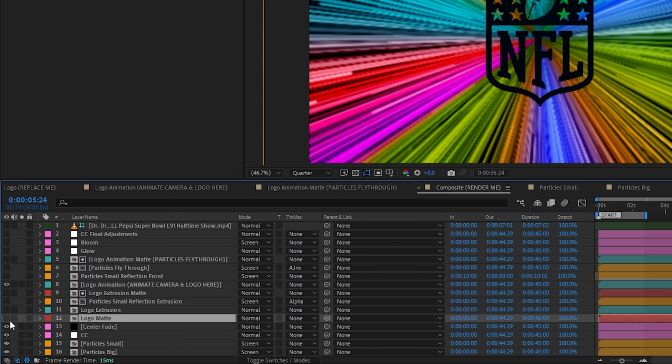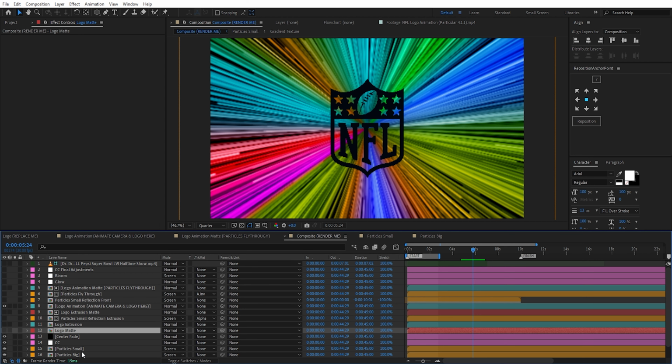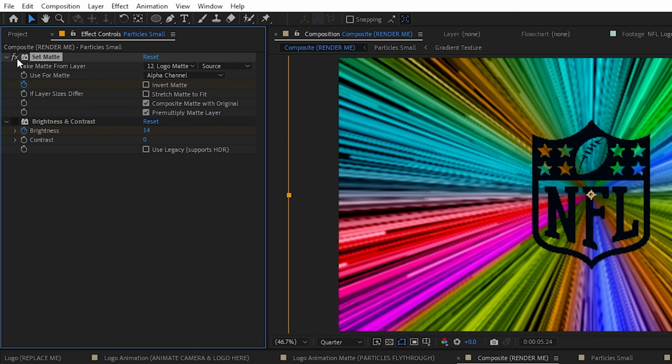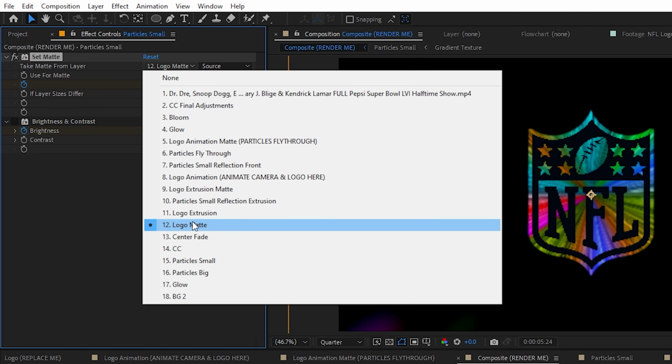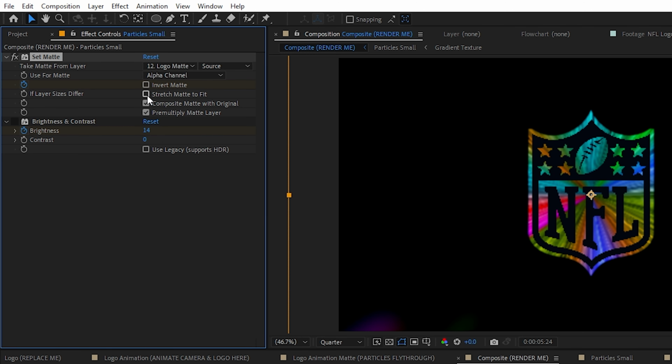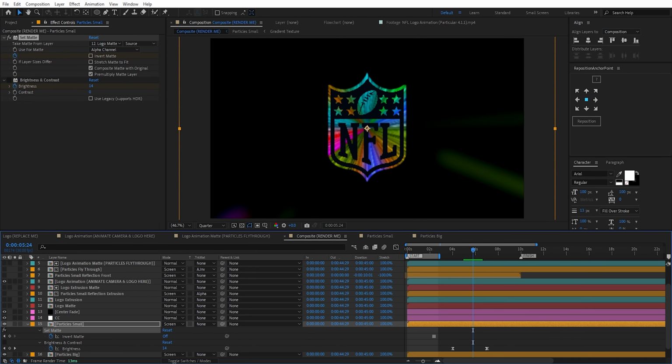As for the matte, I duplicated the logo, removed all its effects, and disabled it. On the particle layers, I added the set matte effect, set it to take the matte from the logo matte layer, and unchecked stretch matte to fit, since the particles comps are a different resolution, so by default they are going to be stretched in order to fit with our composite comp, but we don't want that. This way the particles are isolated inside of the logo